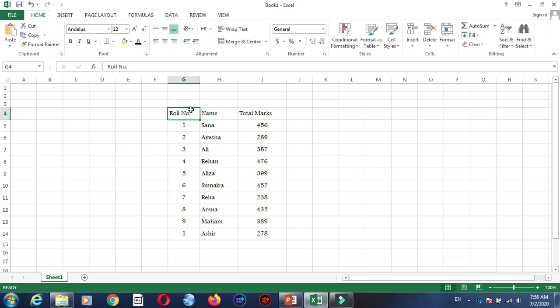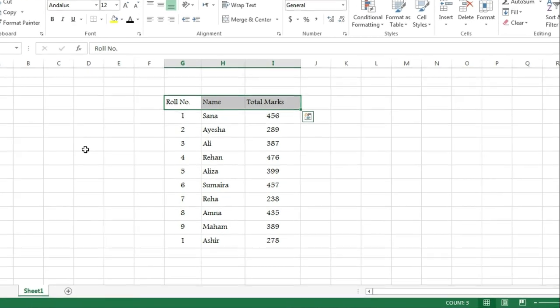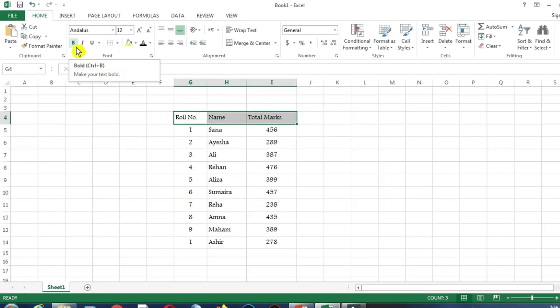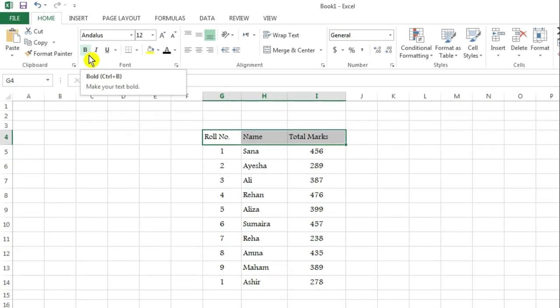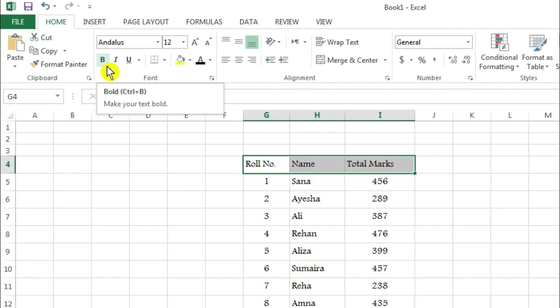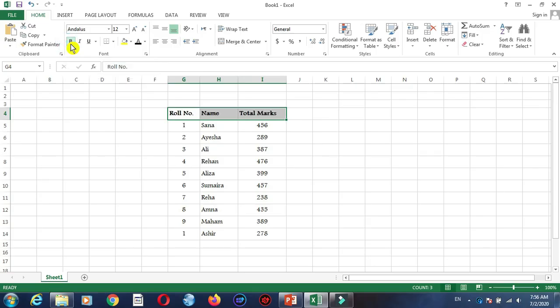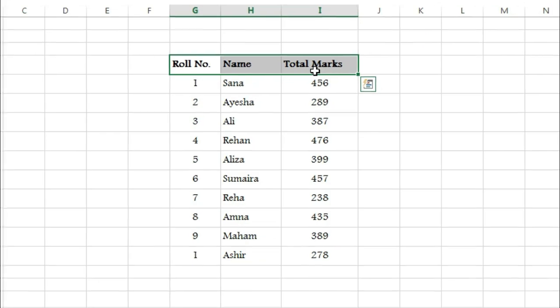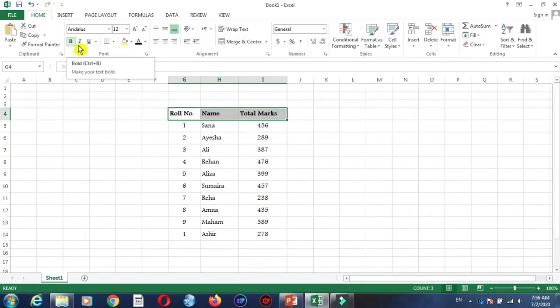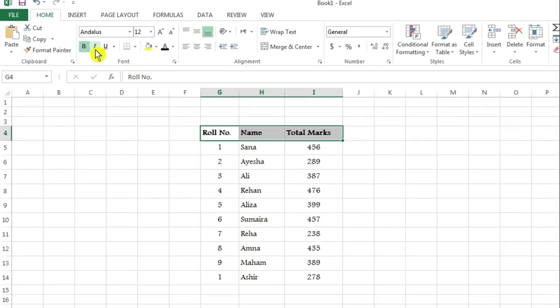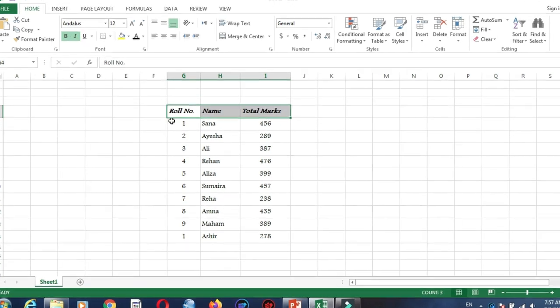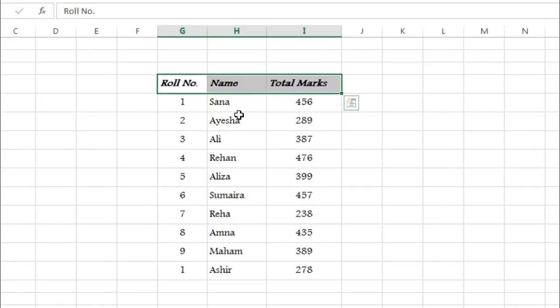So students, here I am going to make my table heading bold. So there is a need to select the whole row by pressing shift and right arrow. Now there is an option of bold. You can also perform this task by pressing Ctrl B. It's a keyboard shortcut. Now you have observed that my heading has become bold. Now if I want to make it italic, just click the button beside B. This is italic. The keyboard shortcut is Ctrl I. Now here you can observe the text has become italic.